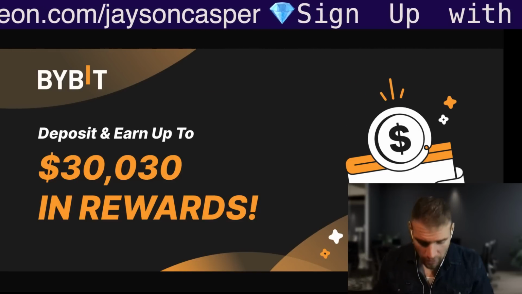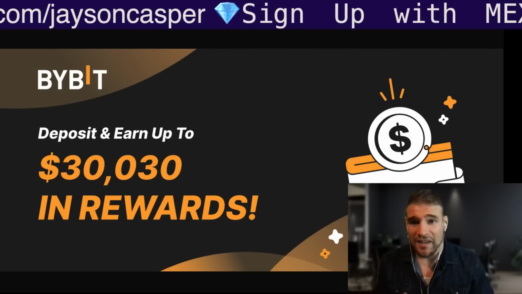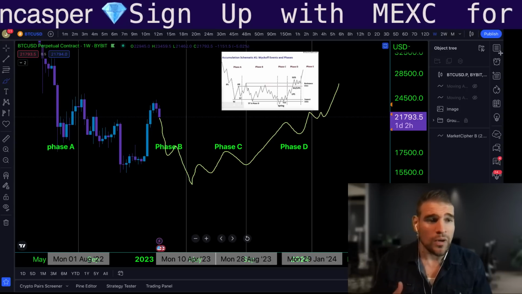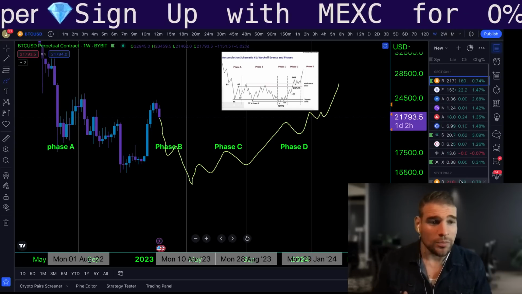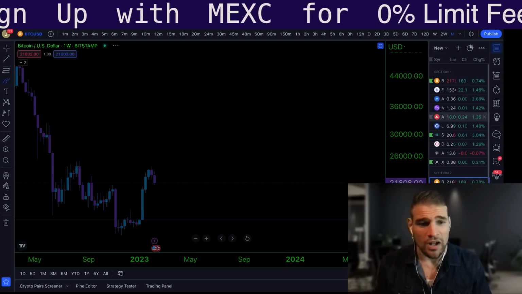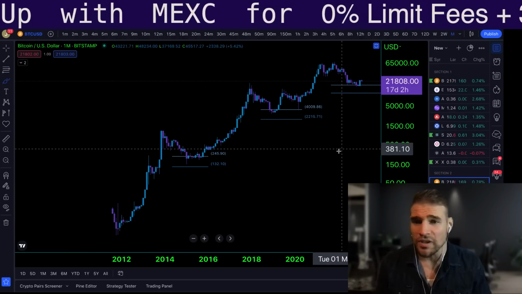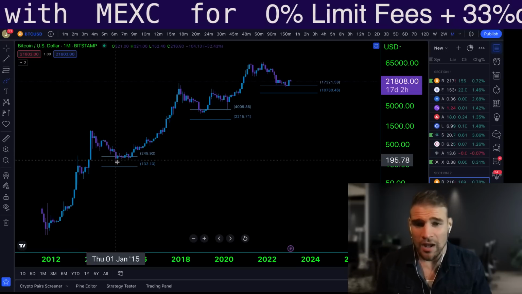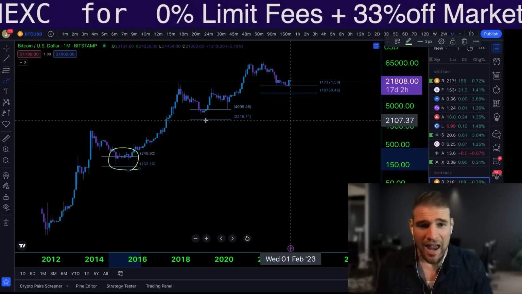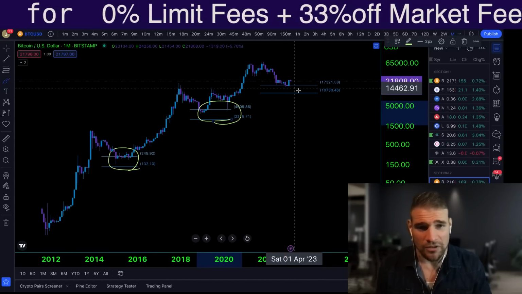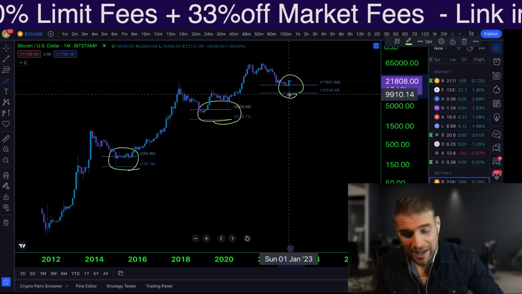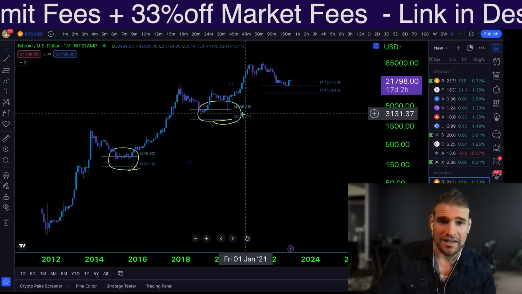So what is going on with this schematic? I think it's very important that we take a look at the Bitcoin history and what has happened in the past as these market cycles bottom out. If we take a look historically at the Bitcoin chart on the monthly time frame, we can see that for the past 3 market cycles, Bitcoin has always bottomed out in between the 786 and the 886 Fibonacci level. Okay, and as we can see right here, right now, Bitcoin is also in between that 786 and 886 Fibonacci